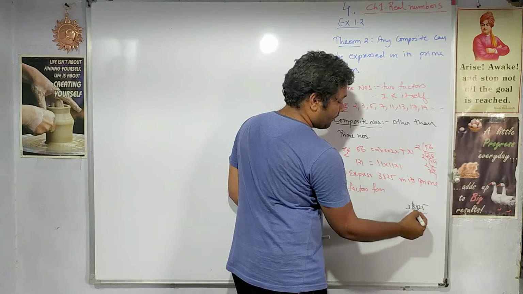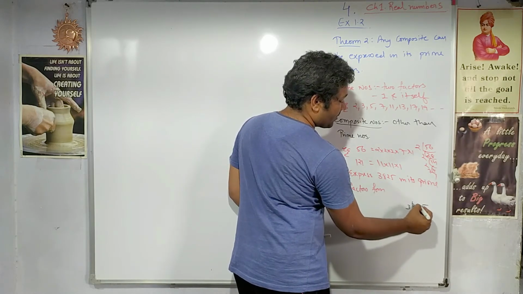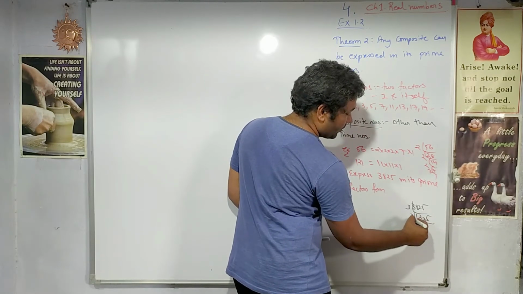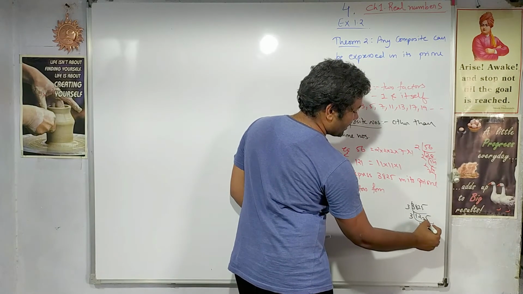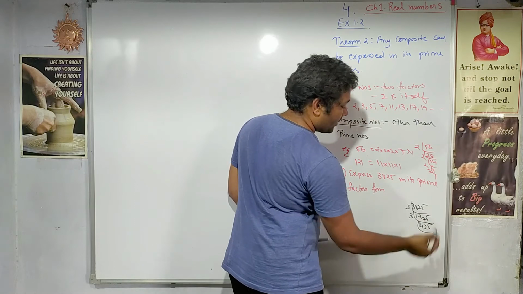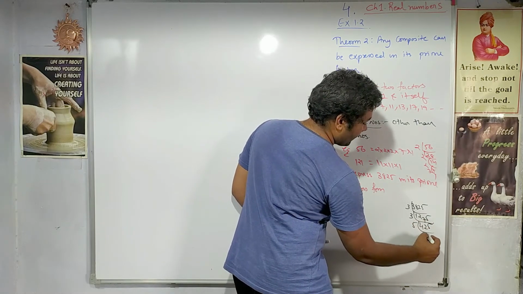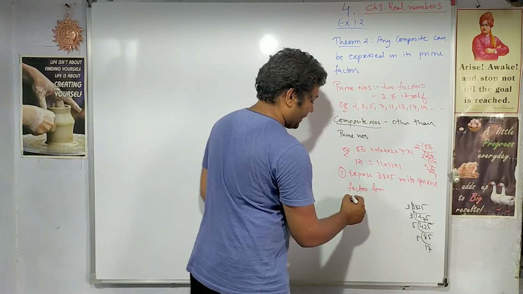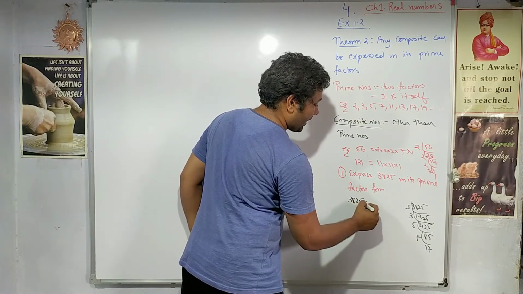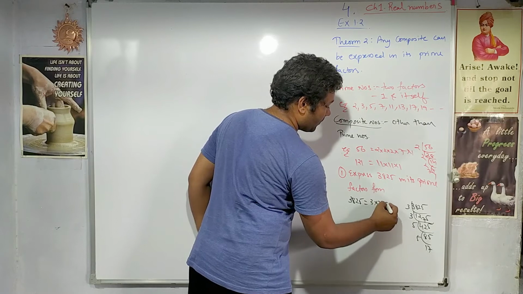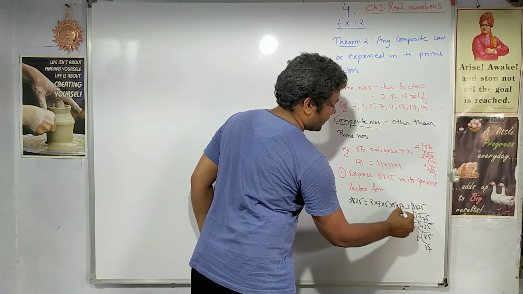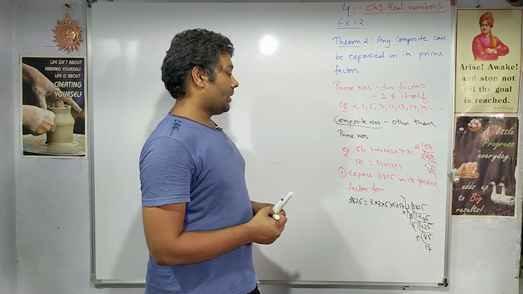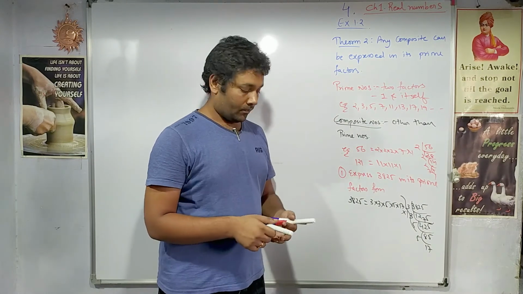1 3 is 3, 2 3s are 6, 7 3s are 21, 5 3s are 15. Again it will go 3 times. 4 3s are 12, 2 3s are 6, 5 3s are 15. Now with 5, 8 5s are 40, 5 5s are 25, then 17s. So ultimately 3825 can be written as 3 into 3 into 5 into 5 into 17 into 1. These are the prime factors of 3825.